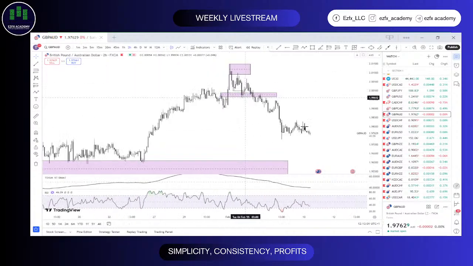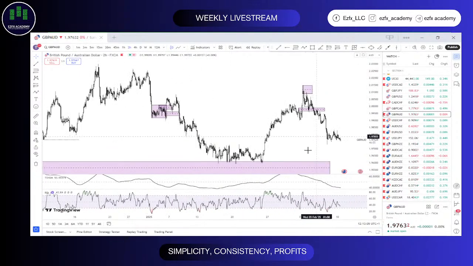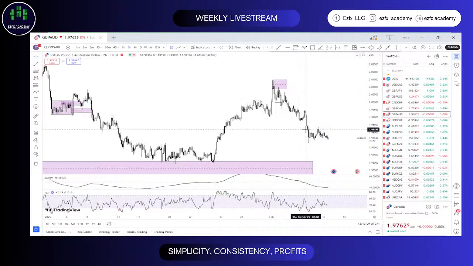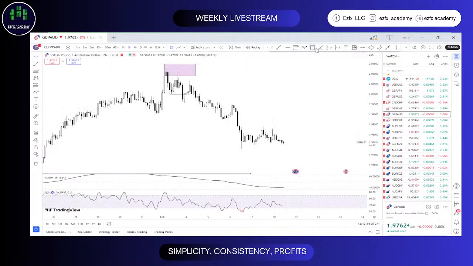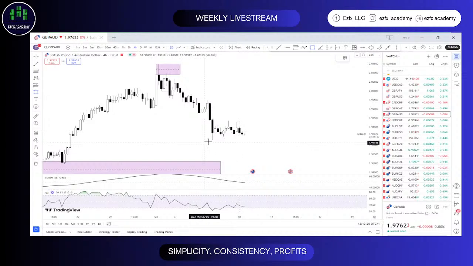All right, so GBP AUD. Interesting. So price has found its way to recover all of this. So that's nice. All right, so let's see. Interestingly, we are seeing... let me see if we'll be able to see that a little bit better on the 4-hour time frame.